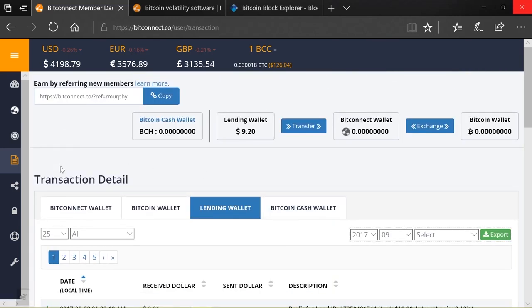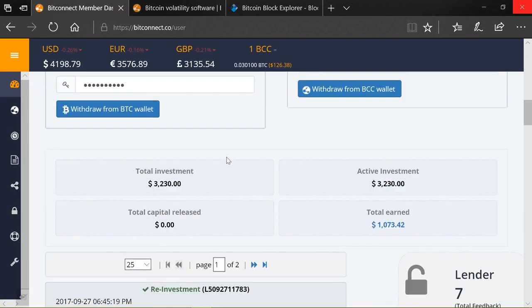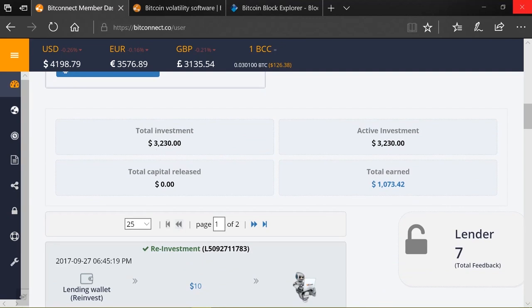So this is how in 30 days you can see, I'm now on day 30 of my reinvests. I started off with a total investment of $2,250. At the time it was 0.5 of a Bitcoin. It was half a Bitcoin I invested just to dip my toe in. And already in 30 days, 1 month, I've earned 1,073, which is impressive. You wouldn't earn that in a year at a bank. But the power of compounding means that will now start to snowball.